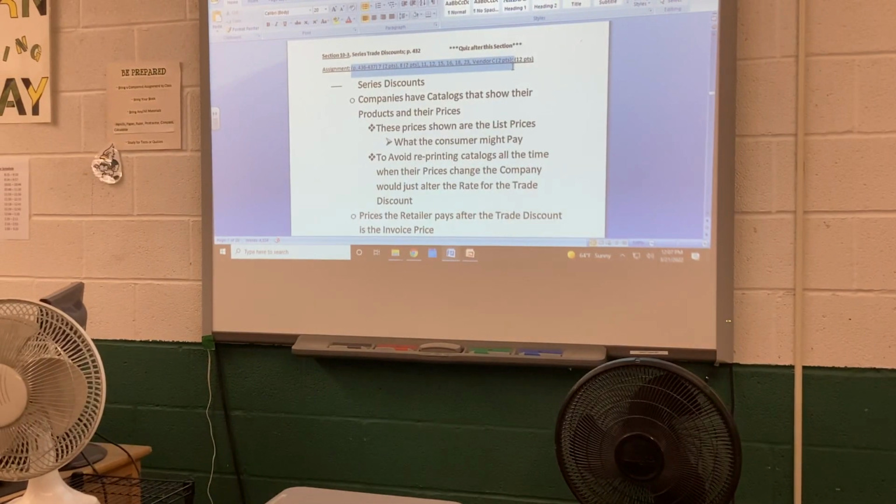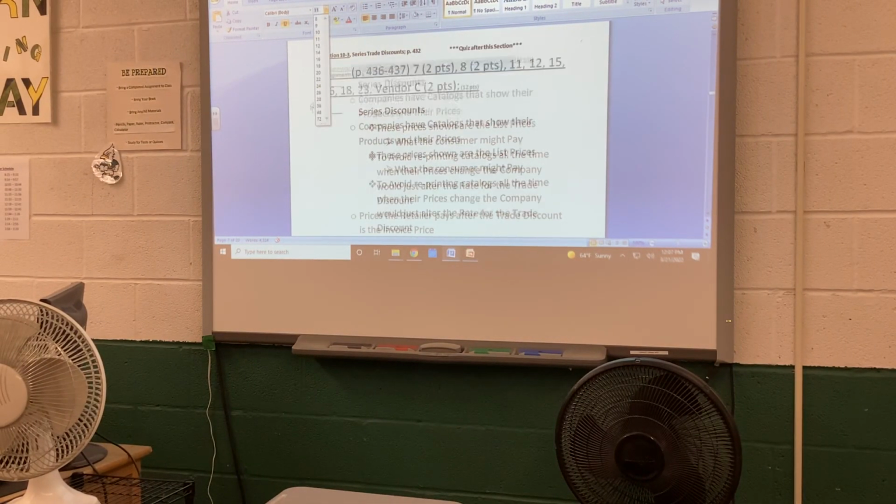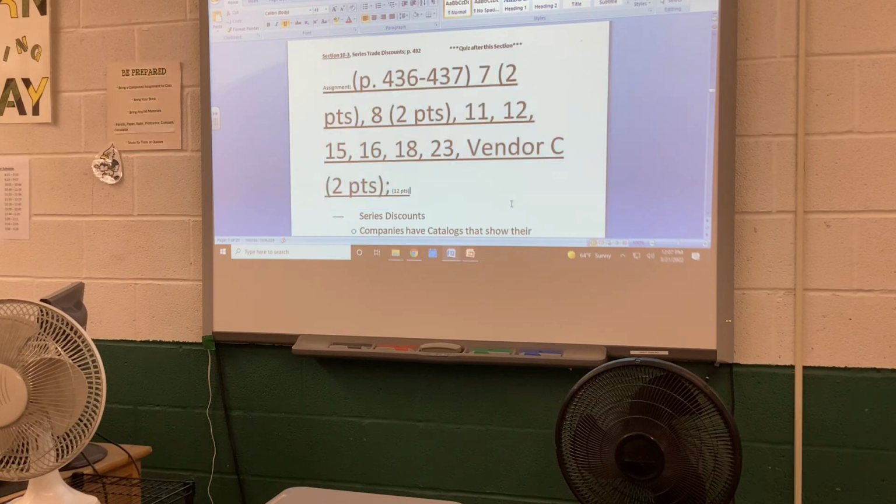The biggest thing on this is to make sure you read the directions and answer the question for what it's being asked. And again, the vendor C thing will make sense when you get to the